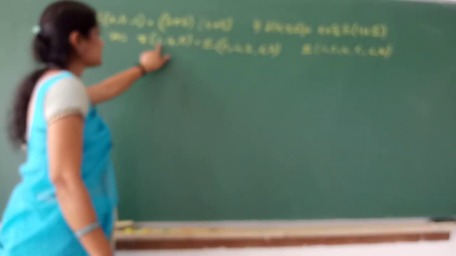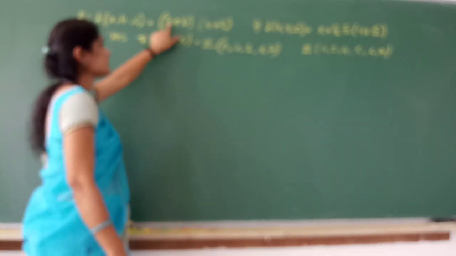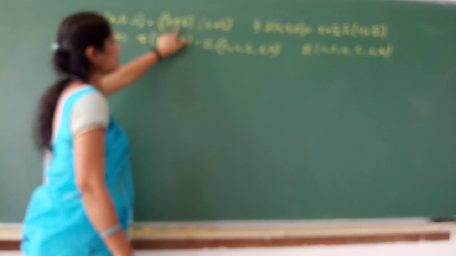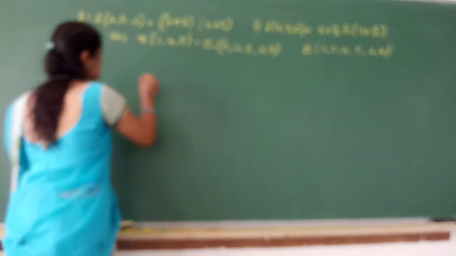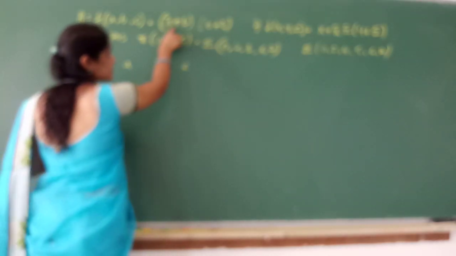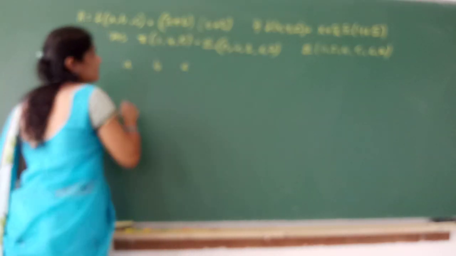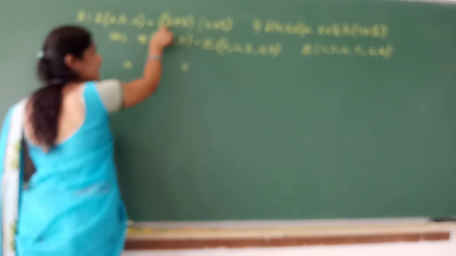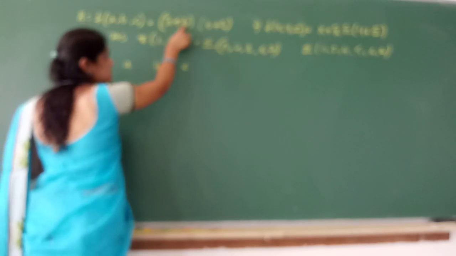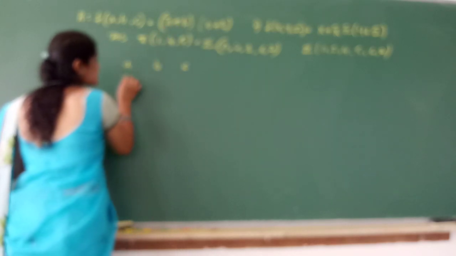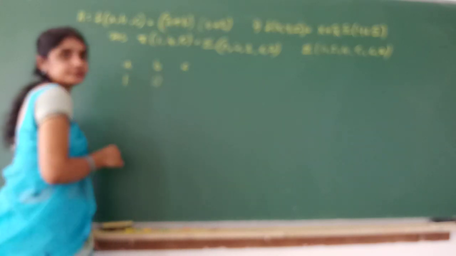Now how to verify this? For that, just look at the input question, what they have given in the switching equation. How many variables are there? A, B, C. So write A, B, C. What is the first sum term you have? A bar plus B. When will you write A bar in POS? When A is taking 1, you write it as A bar. And B is taking 0, that's why we have written it as B. So that means A is taking 1, B is taking 0.